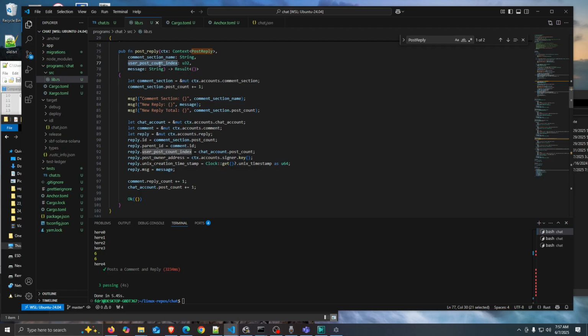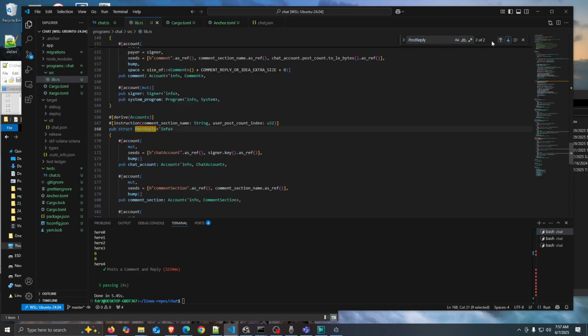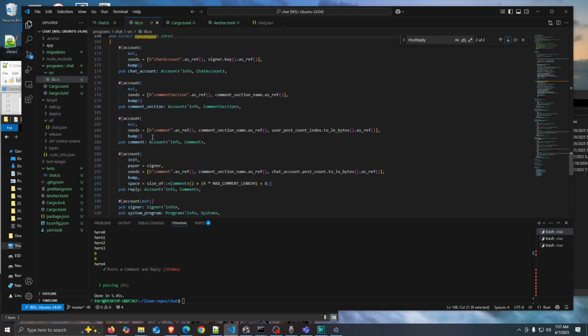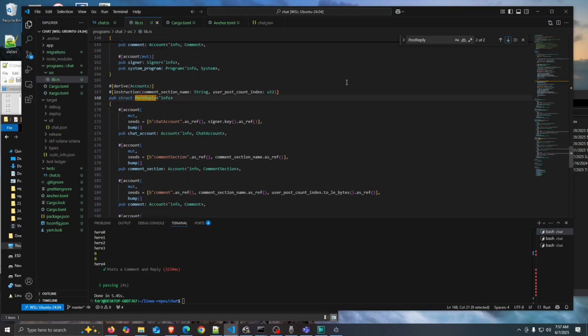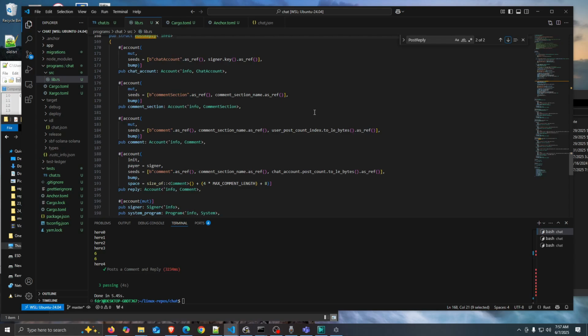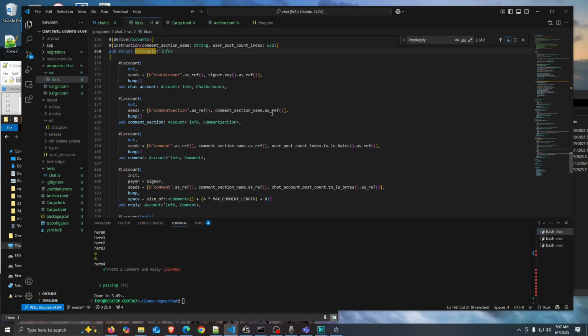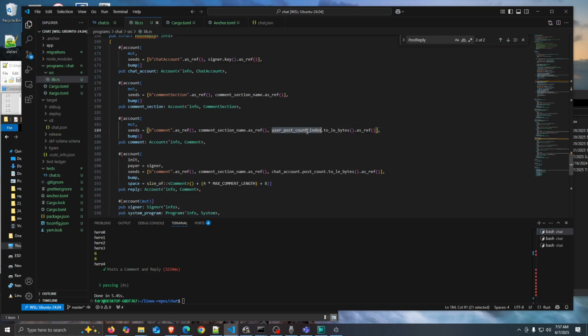So we're pulling up the comment, right? So we don't really need to feed this in, but the way that we pull up the comment is with this, right? And that's what we feed in inside of our derived accounts. And that gets fed in here. But I guess that makes sense, but we're not actually using it in the function. And I mean, I guess you could, right? I guess this is still